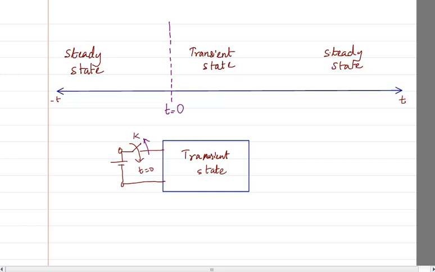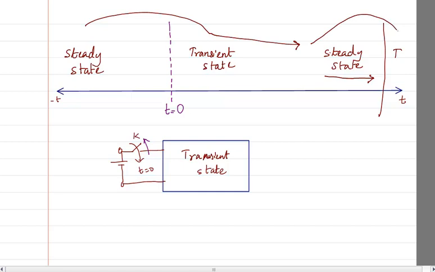Okay, and this cycle will keep on repeating. What do I mean by keep on repeating? After it has remained in steady state for a long time, if you again make a switch at some time, then again it will go into a transient state. So it went from steady state to transient state to slowly a steady state. Then again it goes from a steady state to a transient state and again to a steady state. So steady to transient to steady keeps repeating itself with each flip of the switch.